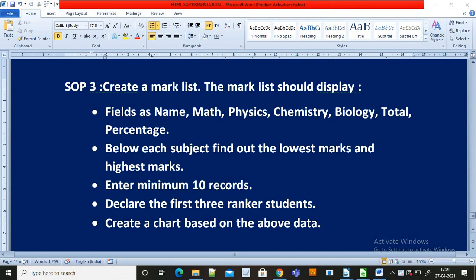Here we are doing SOP 3 of LibreOffice. In that we'll learn how to create a mark list. Now in the mark list, what should it display? It should display field as name of the student, then marks, maths, physics, chemistry, biology, and then one total column